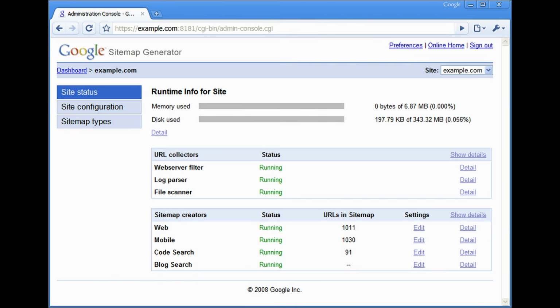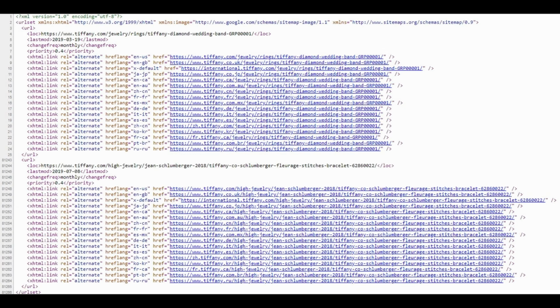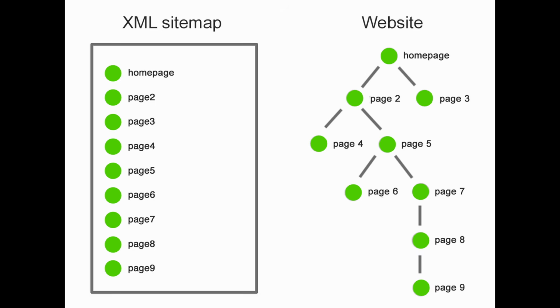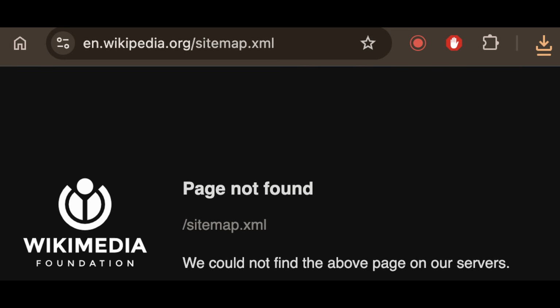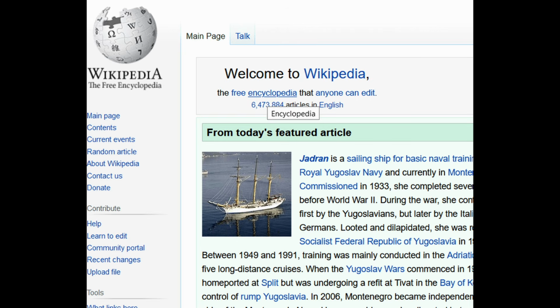It was made by Google and used the XML format, which just means it can have machine-readable links and metadata that says things like when this was last modified and so on. The format itself was very basic, which was just, again, a list of links which crawlers would prioritize to show on search engines, no matter how deep the link might be on the website itself. This is why certain sites don't actually have typical sitemaps such as Wikipedia, because it's just so broad that there's no specific links it needs to show you when you look up Wikipedia, besides just the home page.